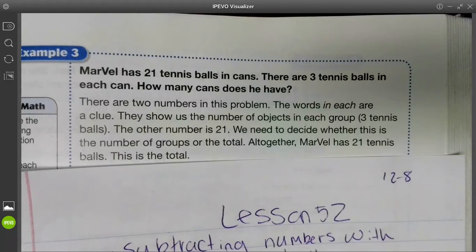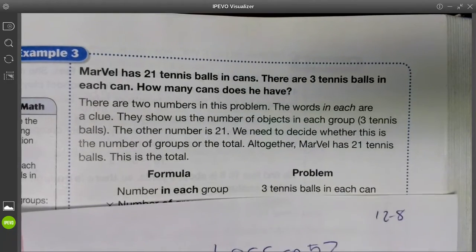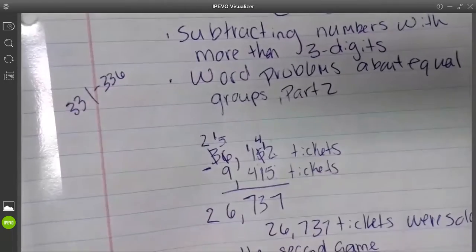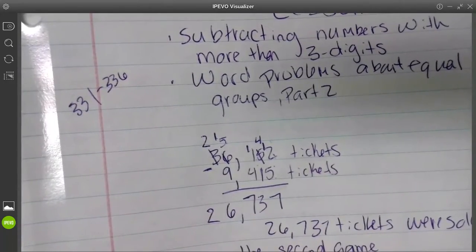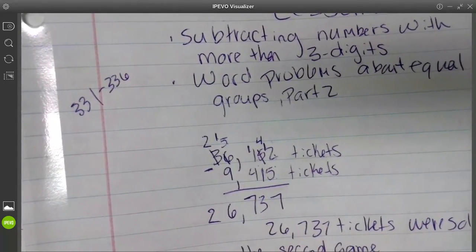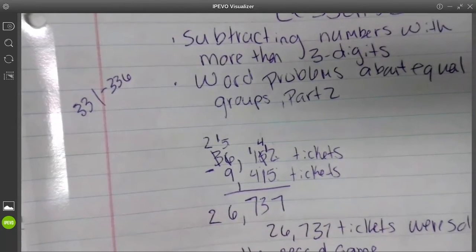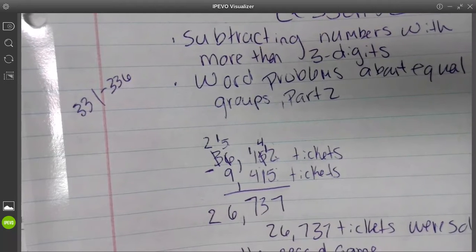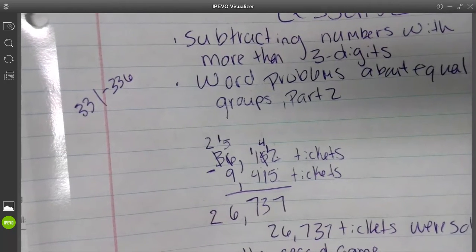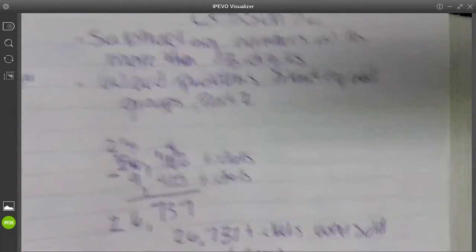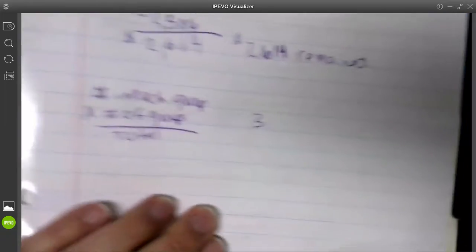Because it says altogether he has 21 tennis balls, so that is our total. So here's what our formula will look like. I'm going to put in each group, and I'm going to write the number symbol. So the number in each group times the number of groups is going to give us our total, okay? So in this problem, we have 3,